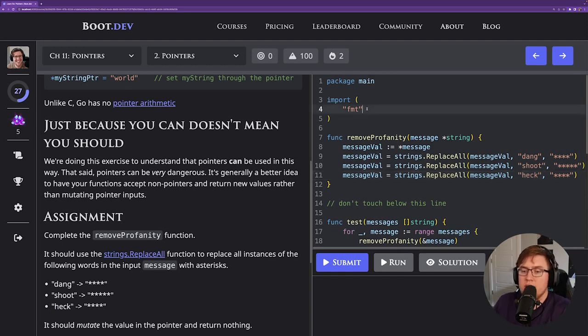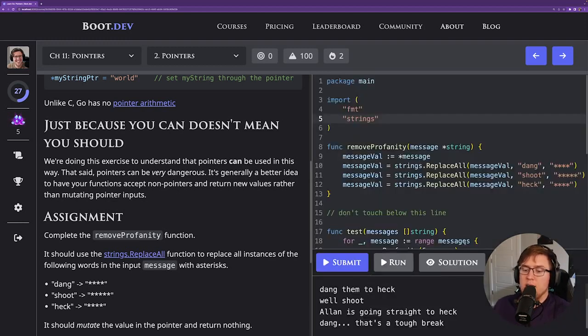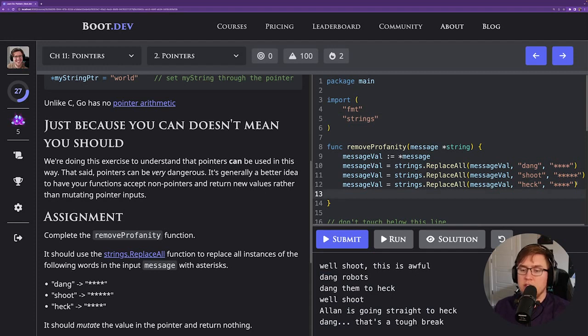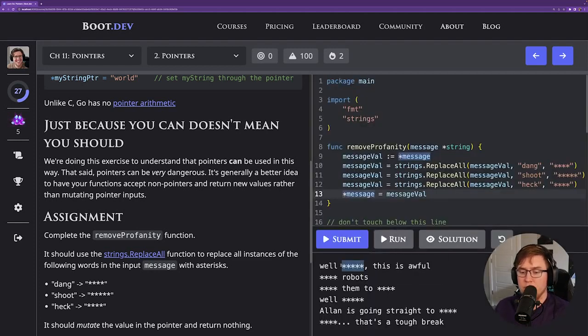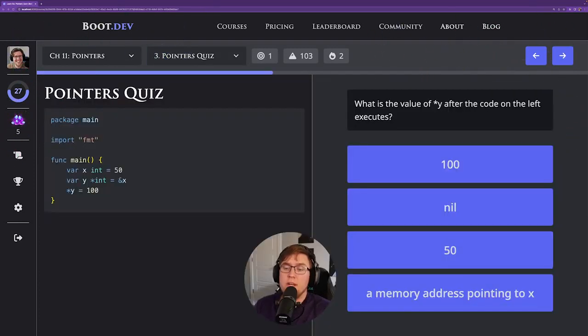Cool. Let's run this. I need to import the strings package before I forget, and see what happens. So in its current state, we actually did not update anything, right? Shoot is still there. Dang is still there. That's because we actually need to point the message pointer to a string back at the updated value. So we can do dereferenced message equals messageValue. Let's run that. Perfect. Let's submit it. Now we've got a pointer quiz. So the question is,